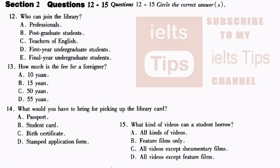Well, first, please fill in a library application form and put it in the box on the librarian's desk. Please make sure that you fill in the labels attached to the application form accurately. We will mail the application form to you at your work unit. Then you must bring the application form which your work unit has stamped and your work card with you in person to the library. At this time, you will be required to pay your library fee and you will be